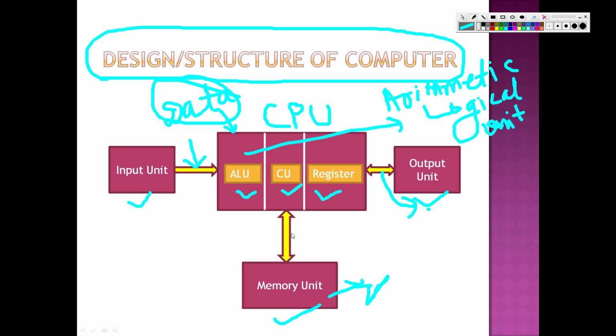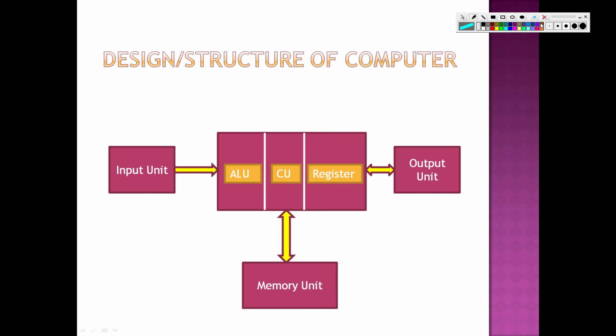And data is permanently stored in the memory unit like RAM, hard disk, pen drive, floppy disk. So I hope you know about the structural components of the computer, or the design or structure of the computer. So this is the video for the design and structure of the computer. You have to write down